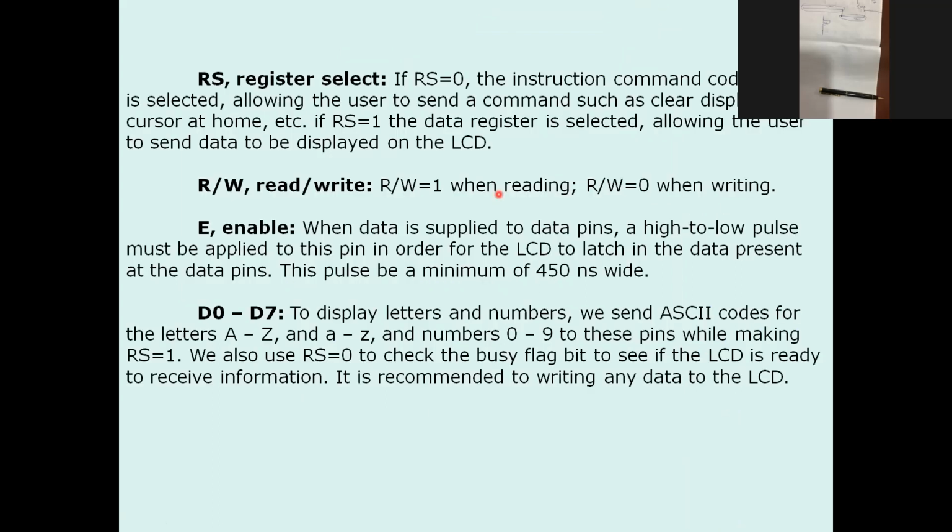So just see what the functions are. RW is 1 when it's reading. RW is 0 when it's writing. Every time we are writing. Sometimes reading is not required. And whenever you want to know how it will be displayed, then RS is 0 or 1. It depends on whether it's the command or data register. Meaning how to display, then RS is equal to 0. What is displayed, then RS is equal to 1. And on the enable pin, you give a 450 nanosecond pulse. Is it clear?